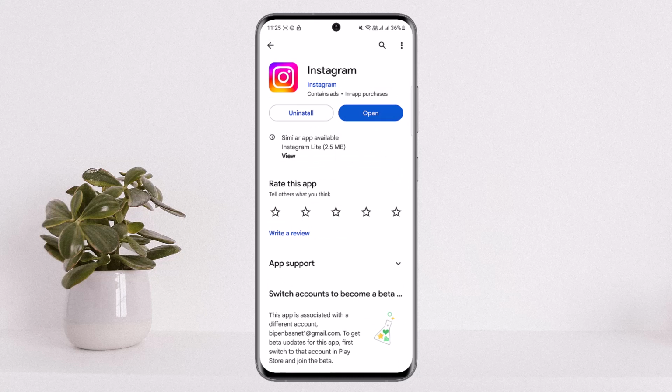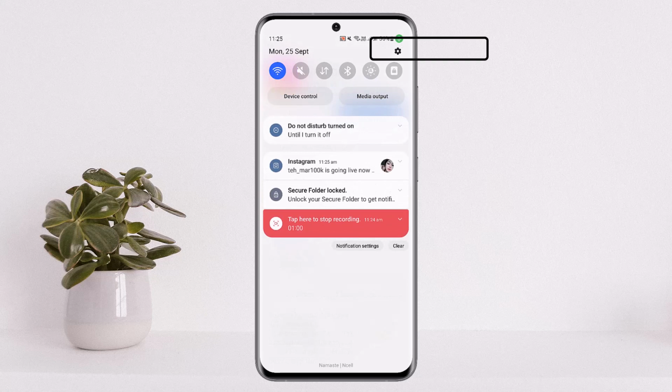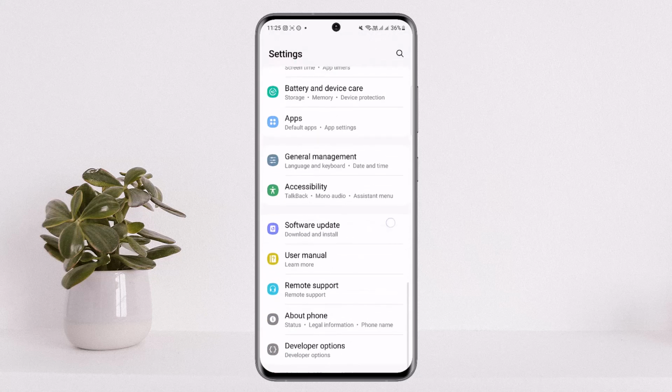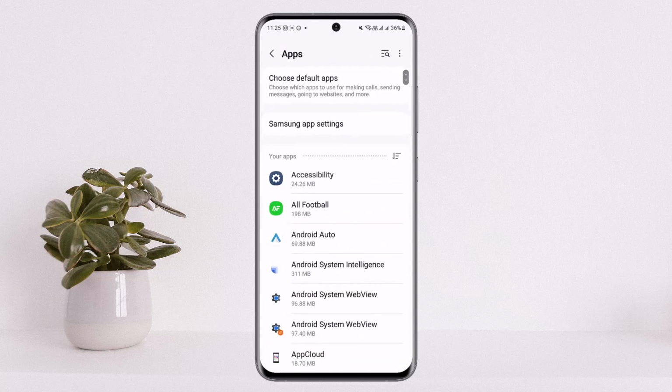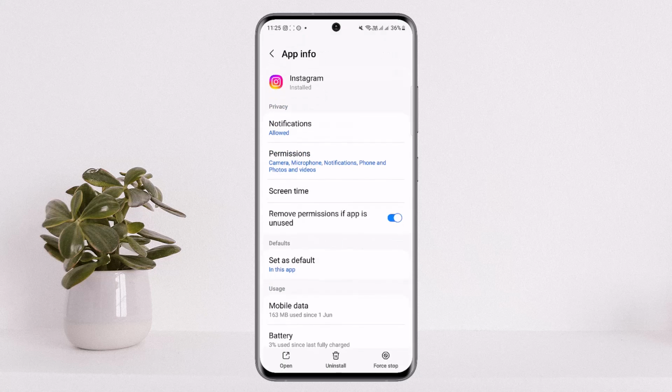In case it's the glitch or the bug and you're still not being able to do so once you're on VPN, what you want to do is force update the app. In order to force update, you want to scroll down in the notification bar, tap on the settings or the gear icon at the top right corner of your screen. You'll be headed into the settings. On settings, you want to scroll down and search for apps. Under apps, you want to search from the search panel for Instagram, and once you search for Instagram,